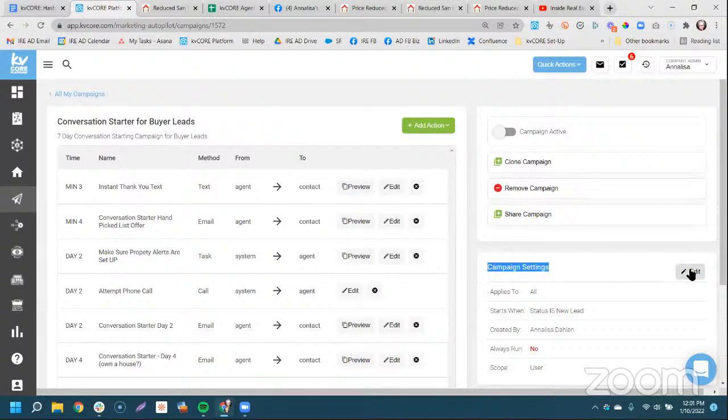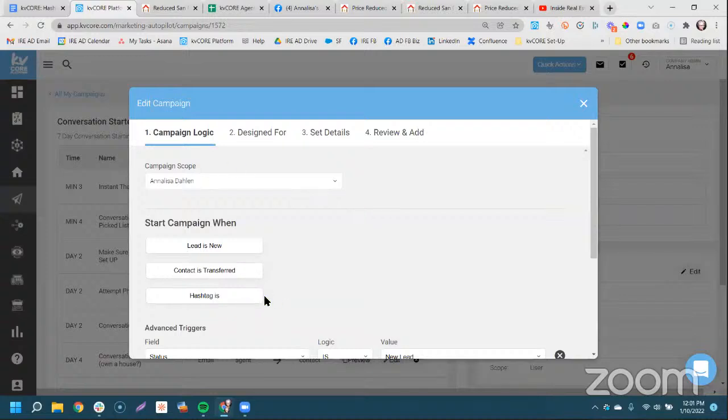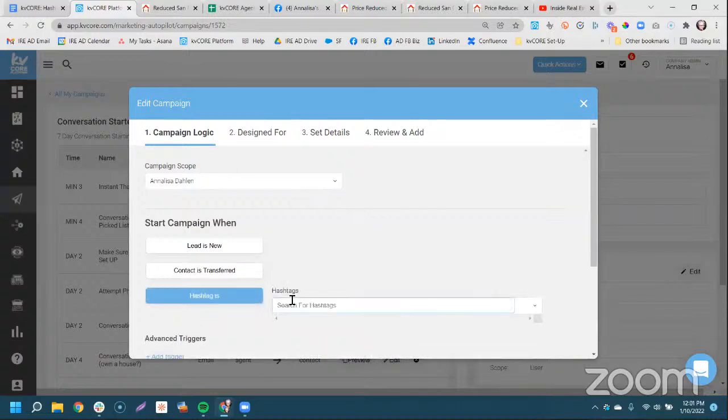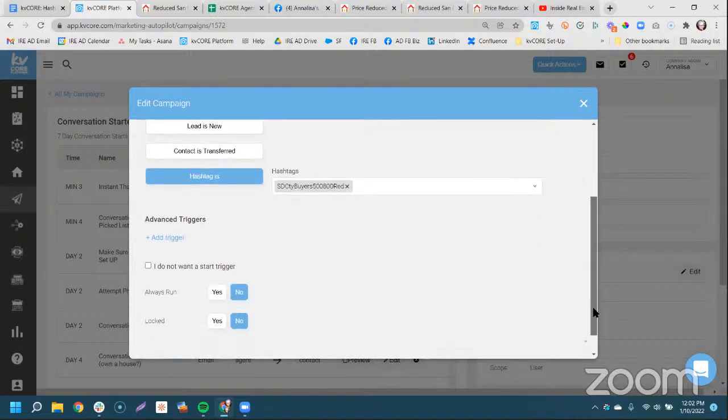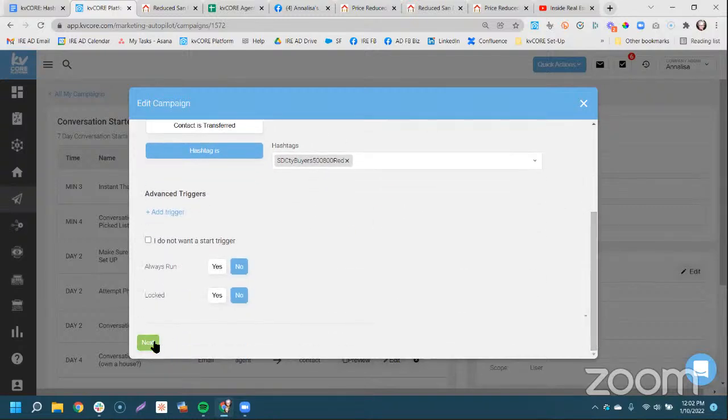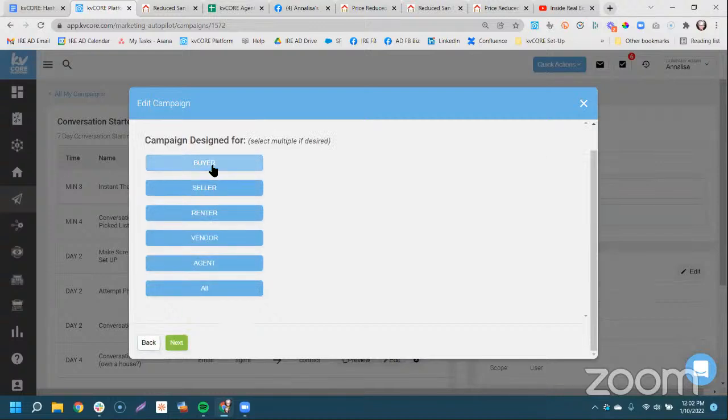And we're going to click edit. And we're going to say, whenever the hashtag is, and then you could say, what was it, SDCTY, and then it was buyers, 500, 800, red for reduced. So whenever that tag lands, I want this campaign to connect for buyers.